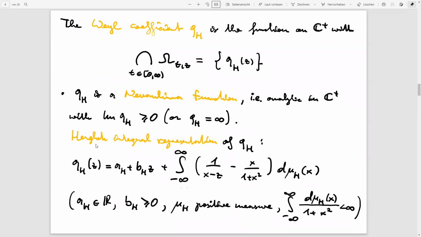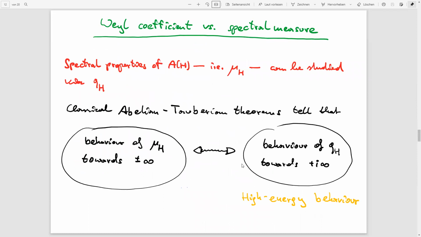And then what you have is that the Weyl coefficient is a Cauchy integral, regularized a little bit, but never mind. It's a Cauchy integral of the spectral measure. So of course, you can translate from the spectral measure to the Weyl coefficient. These are just some classical Abelian or Tauberian theorems which tell you that you can translate from the spectral measure to the Cauchy integral. There are many properties you can translate. What I want to focus on today is what some people